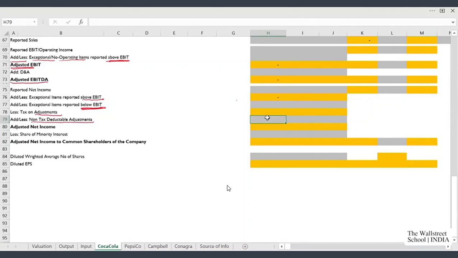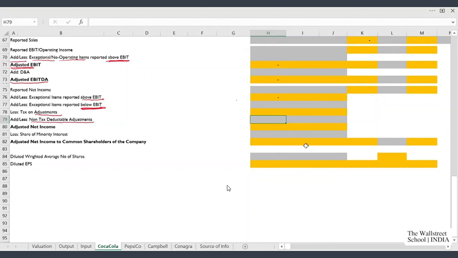An example of such non-tax deductible items could be impairment of goodwill. In case of impairment of goodwill, the company does not get any tax deduction, so whenever we reverse the impact of these exceptional items, I will not reverse the impact of tax deduction on the same.